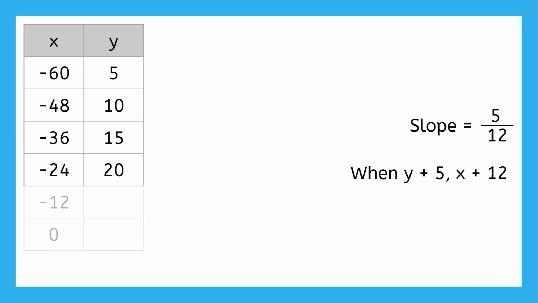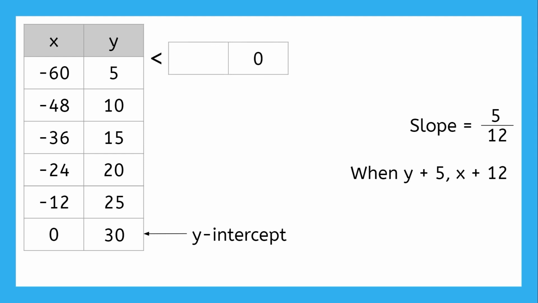Look at the bottom. If we add 12 to the x value twice, we get 0. Anytime x goes up by 12, y goes up by 5. So here's the next 2 y values. So the y-intercept is 0, 30. To get the x-intercept, we have to add rows to the top of the table because we have to reverse the y until it hits 0. Luckily, we only have to reverse it once by subtracting 5. If we subtract 5 from the y, we also subtract 12 from the x. So here is the x-intercept, negative 72, 0.